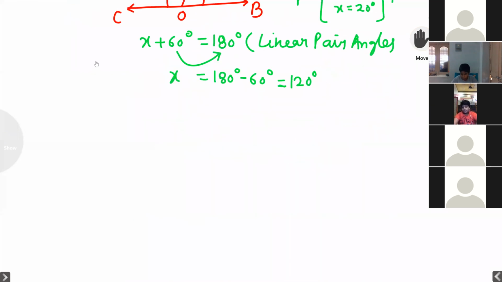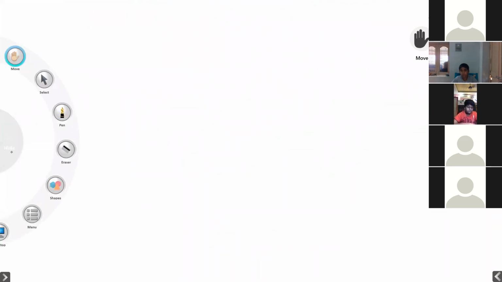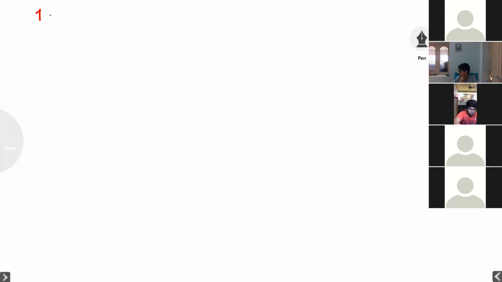Question number 48. What is the polygon concept? Now I'm going to start the triangle chapter. What is a polygon? A polygon is a simple closed plane figure made up of three or more line segments. Keep in mind, students, if the question is asking what is a polygon, then a polygon is a simple closed plane figure made up of three or more line segments. Don't say two or more. Three or more line segments.